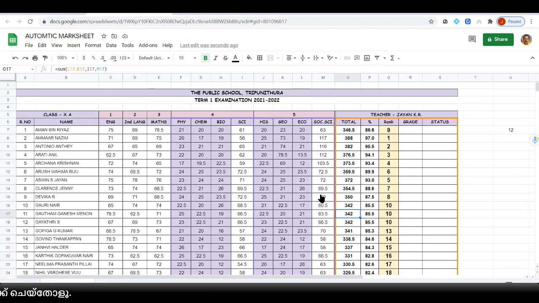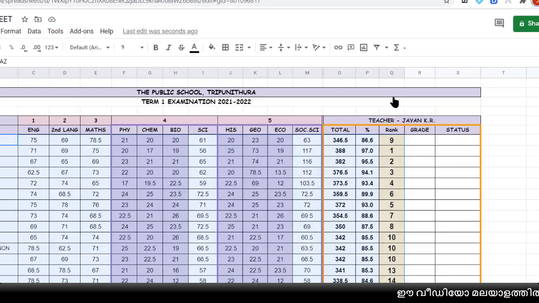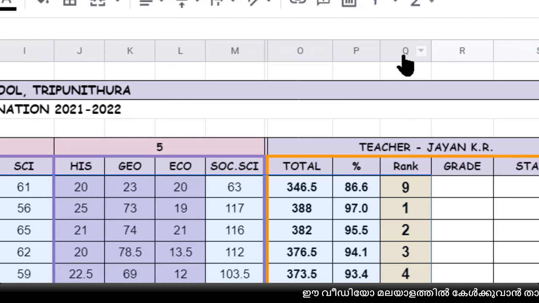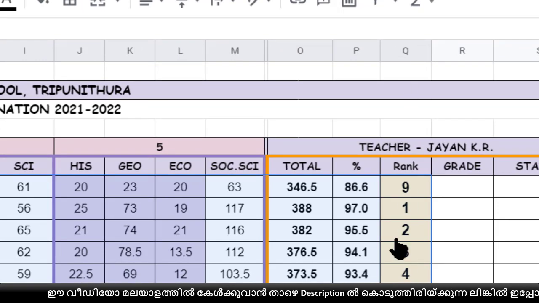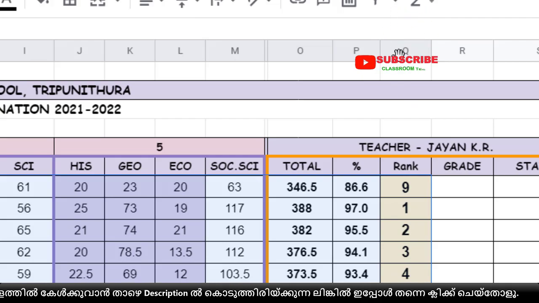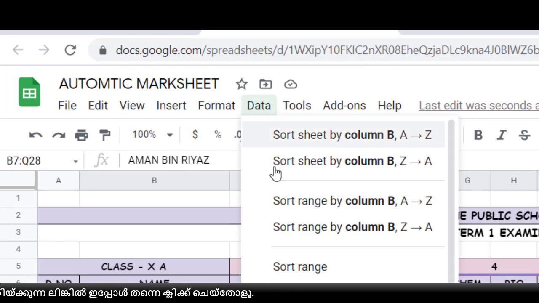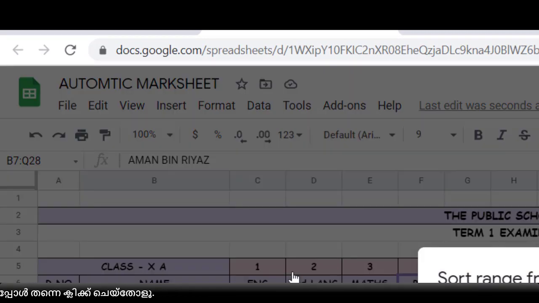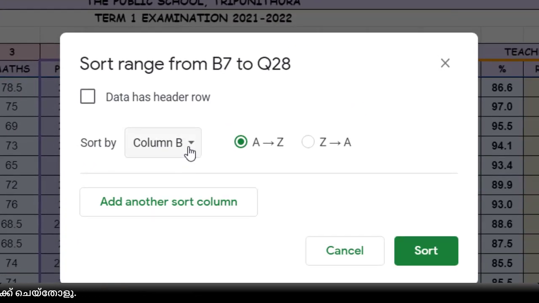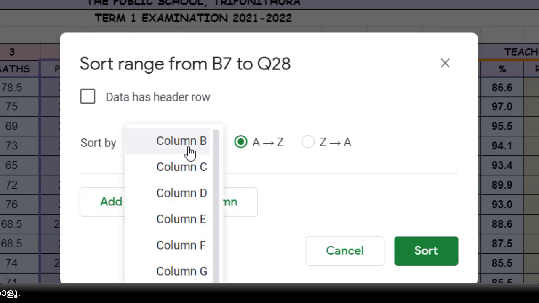So we have to sort these names. How to sort them? Select the names from the name column to this number. Which column is this? Q. Okay, this is the Q column, the rank is coming in the Q column. Now go to Data, then select Sort range. Then which column do we have to sort? Q, because the rank is in the Q column.